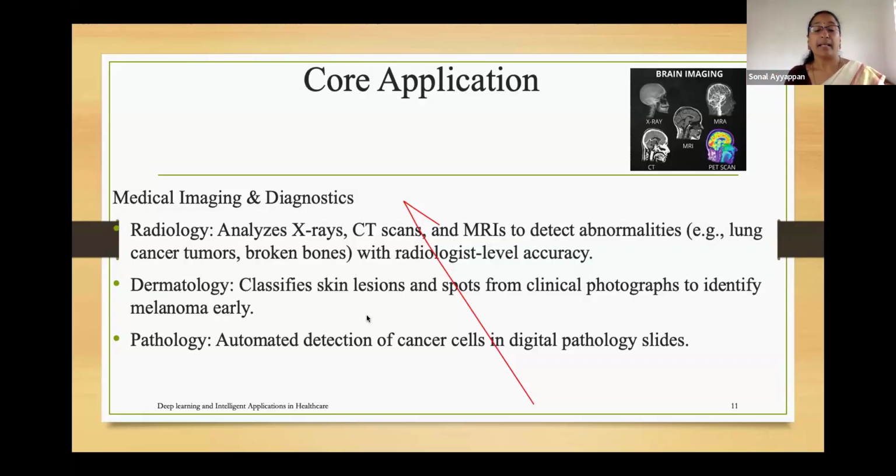Then comes MRA, it is magnetic resonance angiography, again for the heart. PET scan, positron emission tomography. A dye is being put through the patient's bloodstream, and according to the metabolic activity or the sugar consumption, using the radioactive tracers that are injected, it gives you the picture. They are usually colored. The very right bottom one is a PET scan. I tell you once again, in all these scans, PET scan is the highest or the costliest.